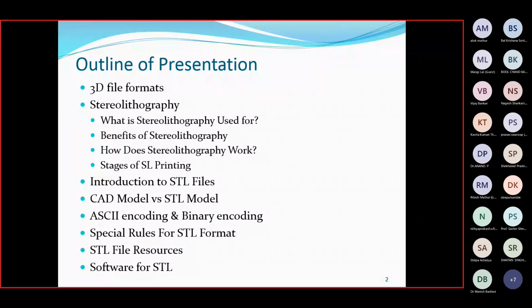So we will see how we can get those STL files and use them in our softwares. Some of the softwares also we will see where we can view STL files. So these are the outlines of today's presentation.